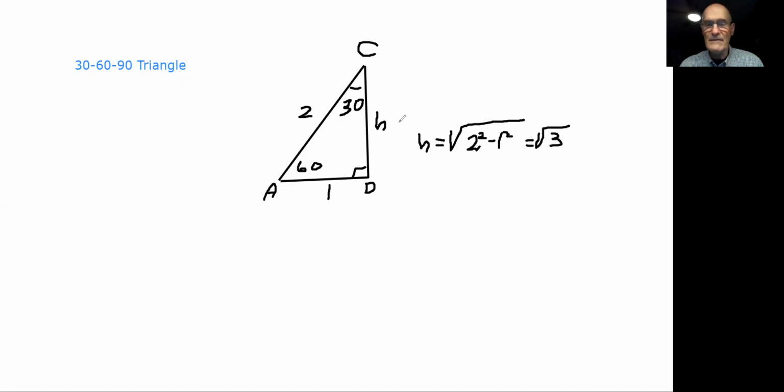So what I have here is a relationship on a 30, 60, 90 triangle. The thing you notice here: the short side, which is the side opposite the 30, is 1/2 of the hypotenuse. The long side is the short side times the square root of 3. So if I come over here to the left now and draw a small standard 30, 60, 90 triangle,